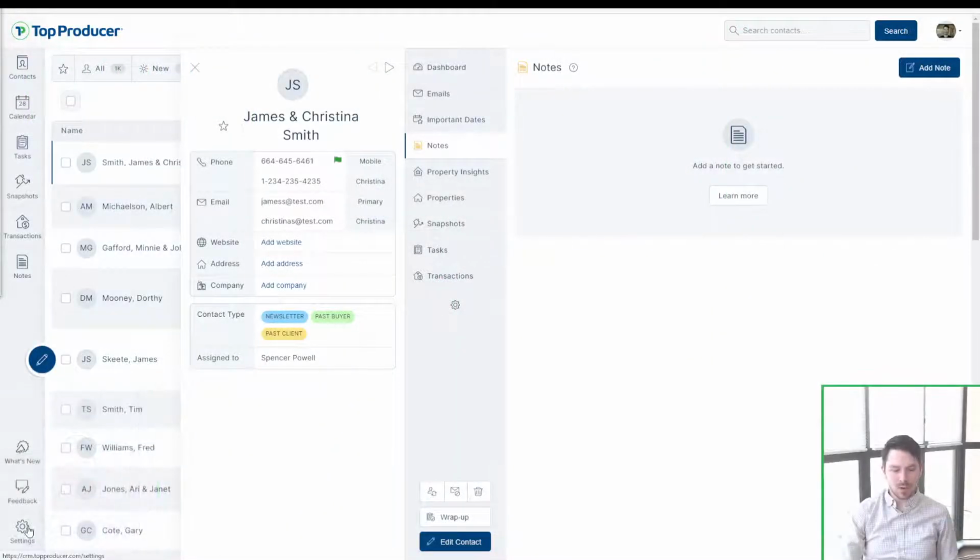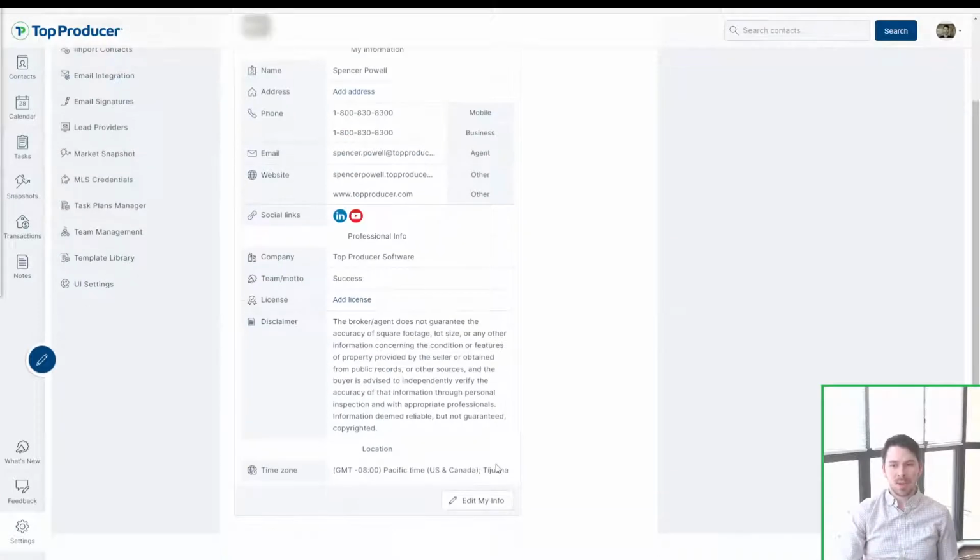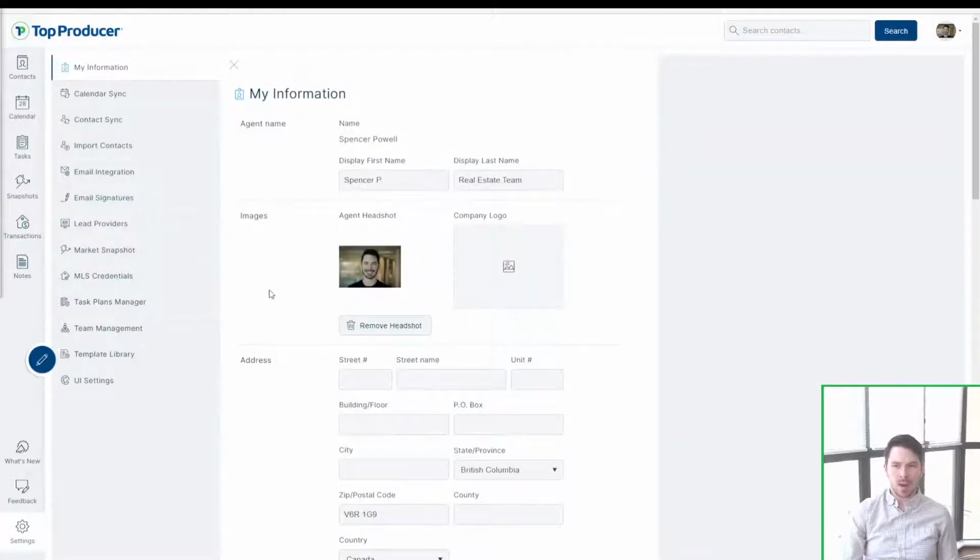So guys, let's go to the settings button in the bottom left corner. You can also access the same thing through the top right corner. You click on that little profile picture, and then settings, that'll also get you there. All right, so right off the bat in the settings page, we have the My Information page. So as you can see, this is the same page that we ran into when we first logged in. You can click on Edit My Info at the bottom to then modify your headshot, company logo,